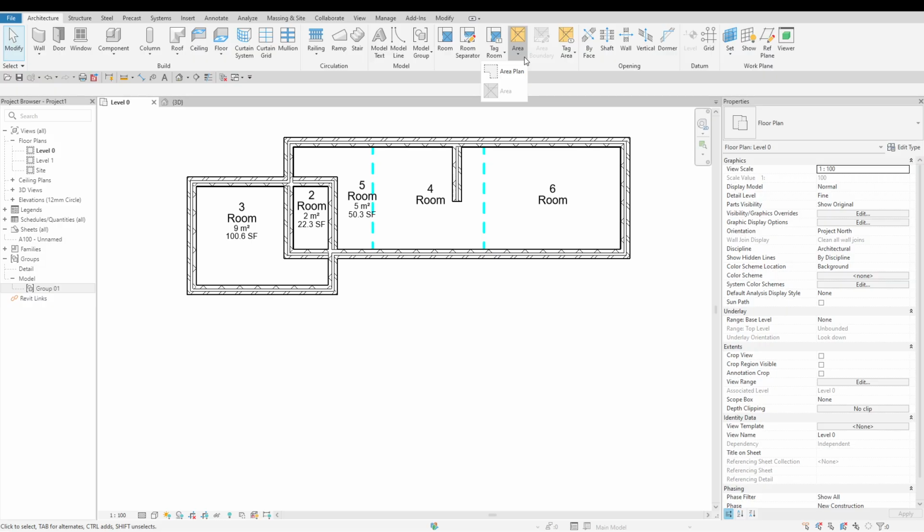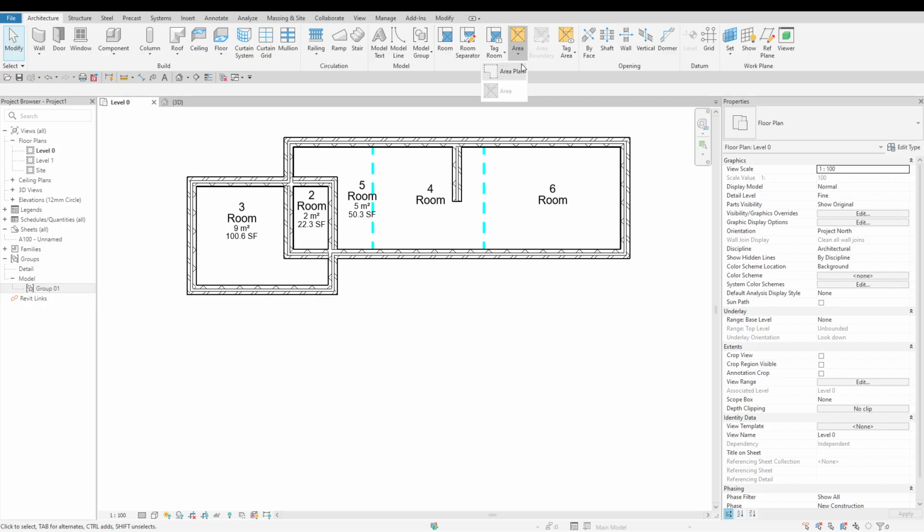During the early stages of your design, before adding walls or other bounding elements, you can create an area schedule. In this schedule, you can list the areas you plan to use in your project. Once you've added these predefined areas to your area plan, you can later place them into your project as needed. To create an area,